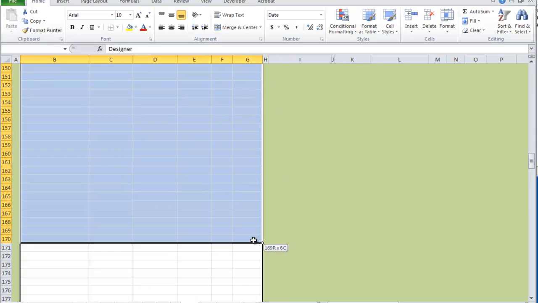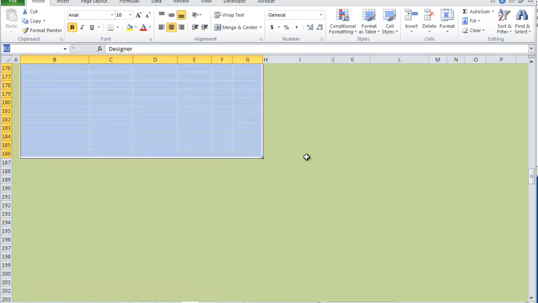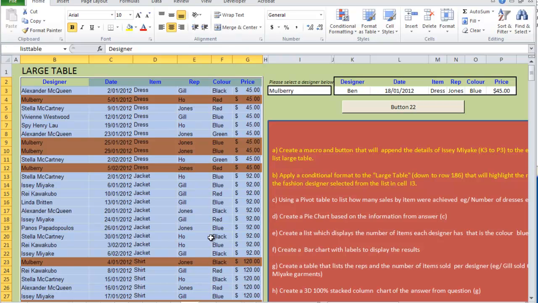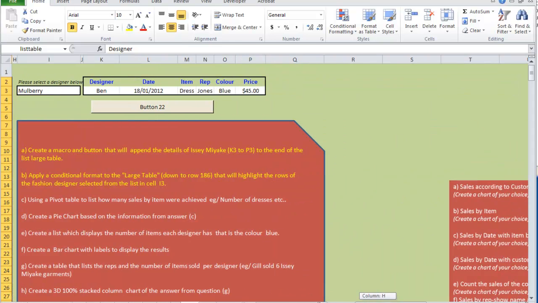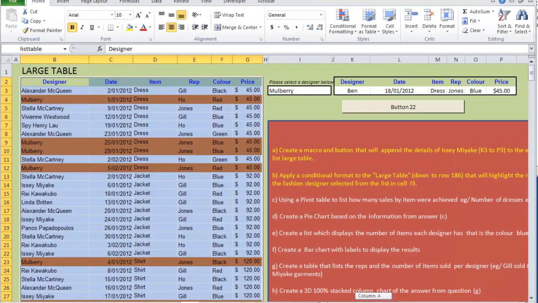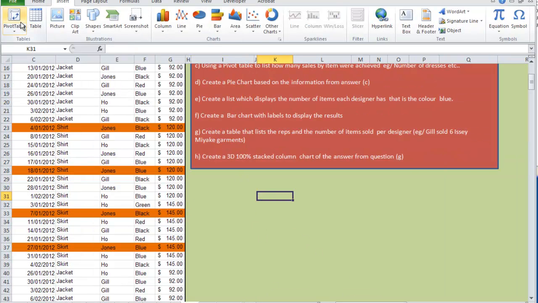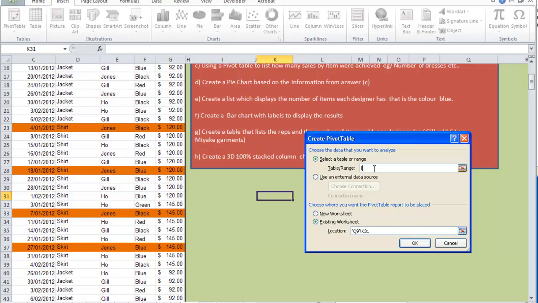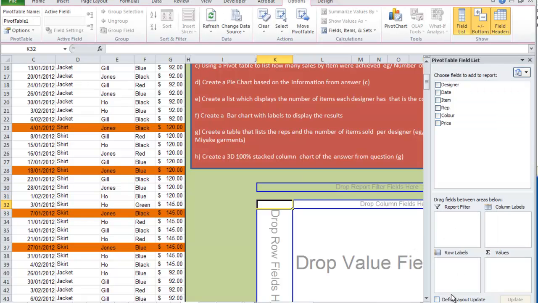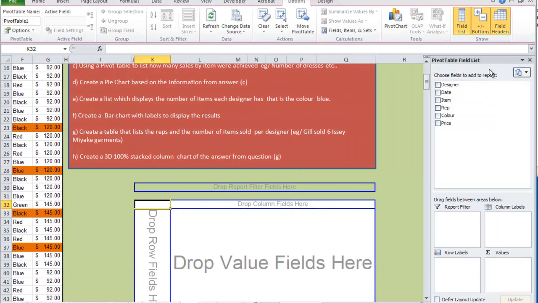and down to the blank area, and I'm going to name this list table, and then somewhere over there. So we go to insert pivot table, table range is list table. We want to place it in the existing worksheet and the location is random, but select any cell that you like, press OK. Should bring up our control panel over on this side and our shell where we can drop